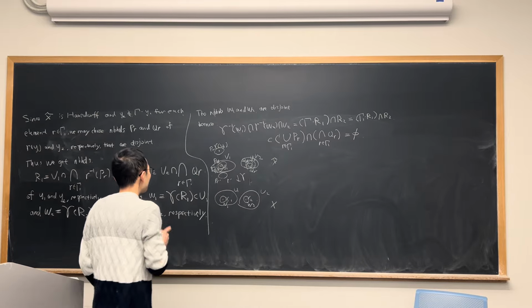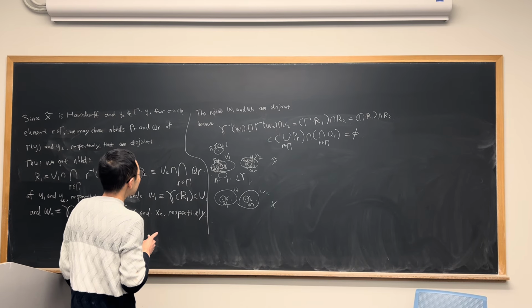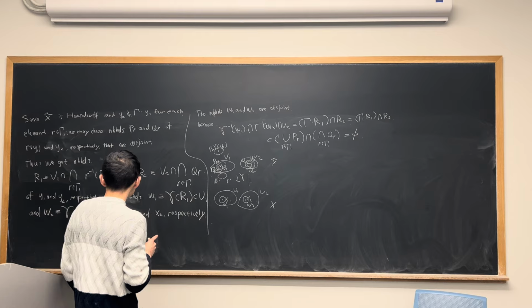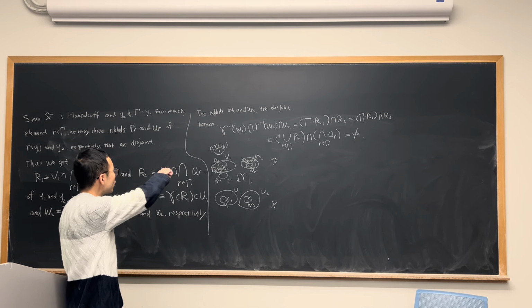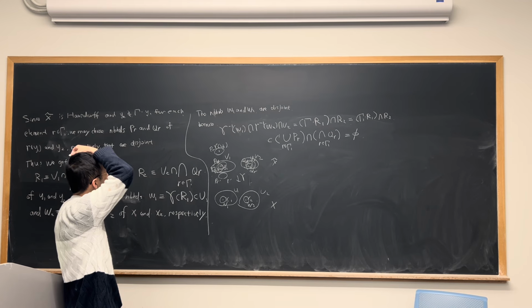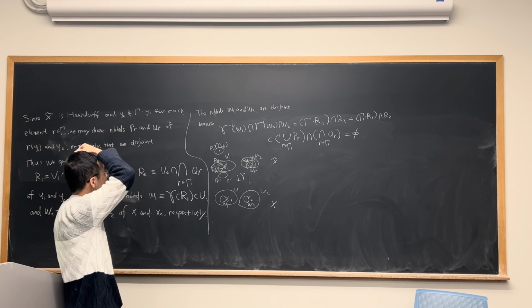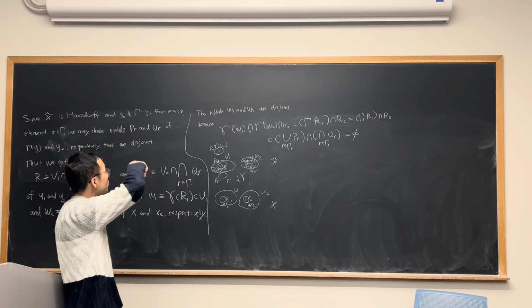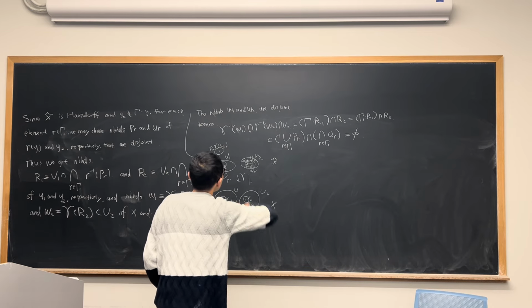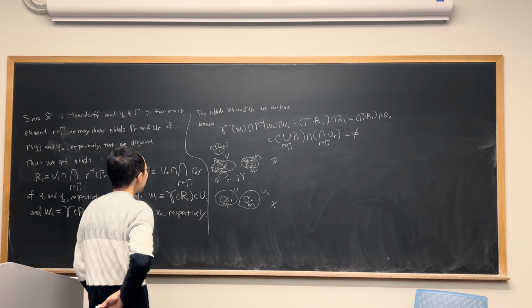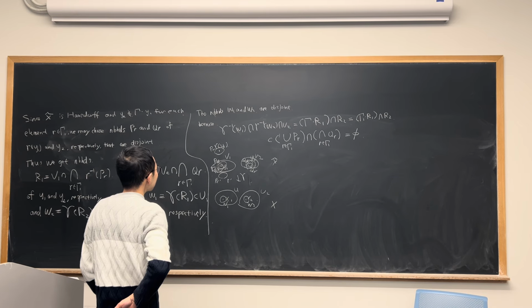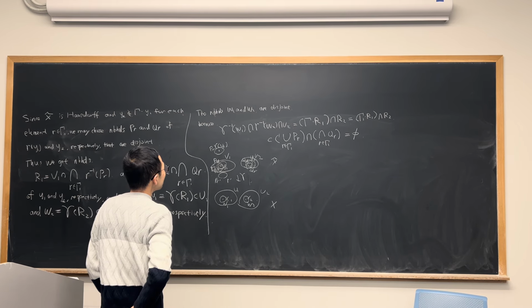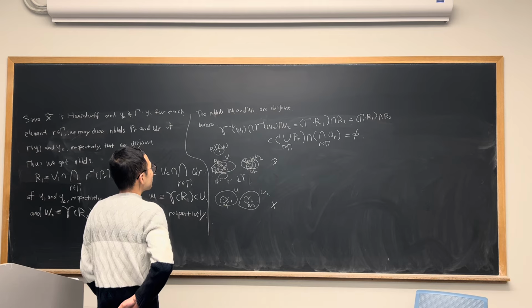So we want to argue that these two are disjoint. Why are they disjoint? I want to show that gamma inverse of W1 intersect gamma inverse of W2 intersect V2 is equal to